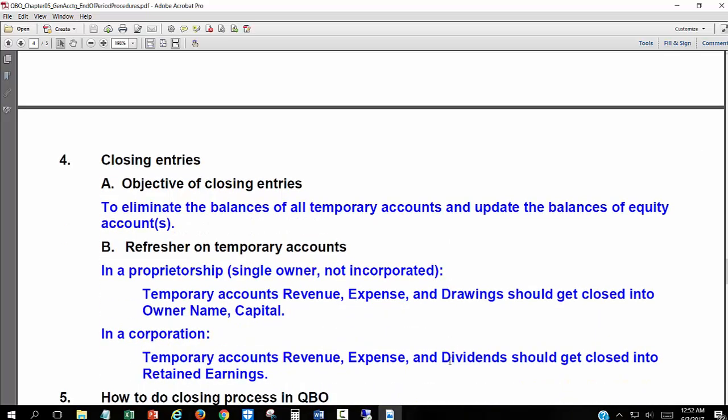Closing entries, a very important step for traditional books. Not as big a thing for QuickBooks because it doesn't actually close in the same way. In closing entries for a normal set of books, we eliminate the balances of all the temporary accounts and update the balance of the equity account. So for a proprietorship, our temporary accounts, revenue, expense, and drawings, would get closed into owner's capital. In a corporation, the same accounts, revenue and expense, and also the dividends, would get closed into